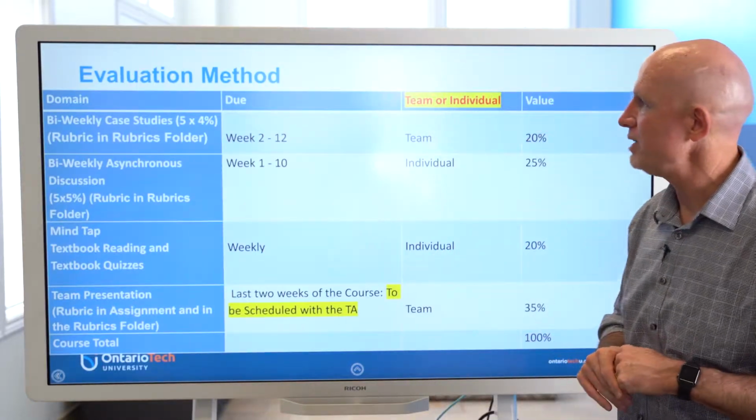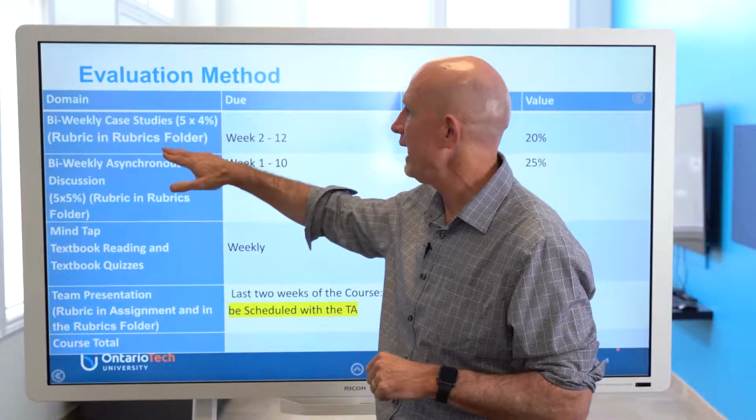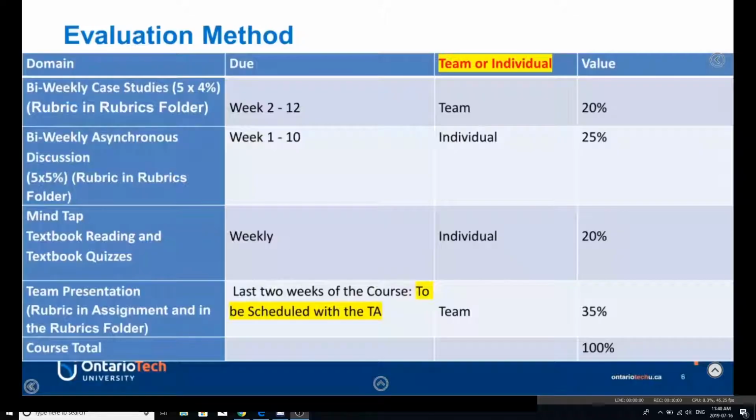All right, our evaluation method, very quickly. Bi-weekly case studies. There's 5 of them. They count for 20%, and you do them as a team. But remember, if a team member did not participate, please don't include their name. We have bi-weekly asynchronous discussion. That counts for 25% of your grade, and that you do as an individual. The team doesn't put the discussion post down.